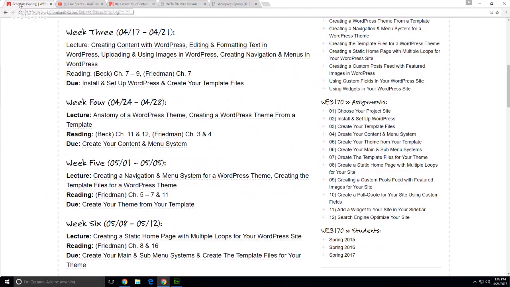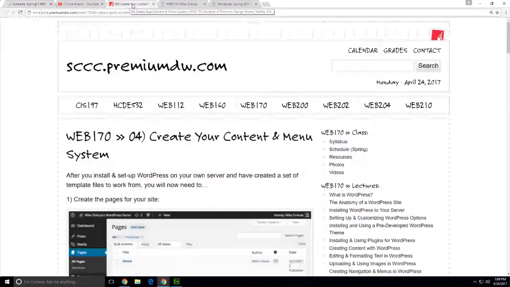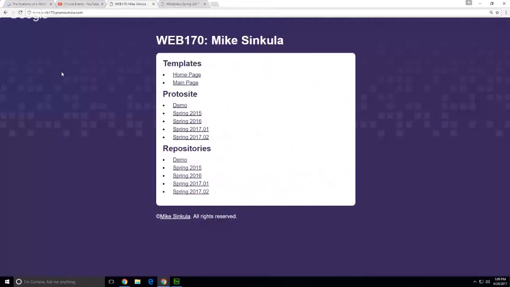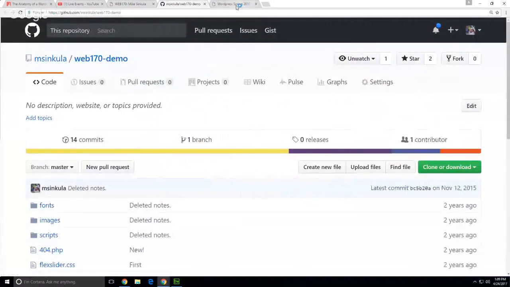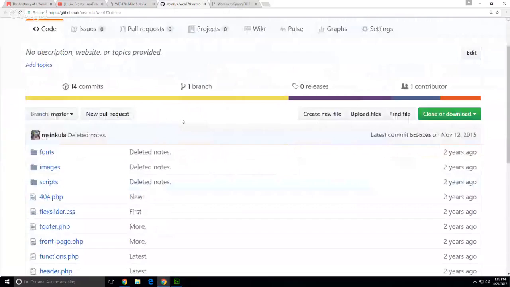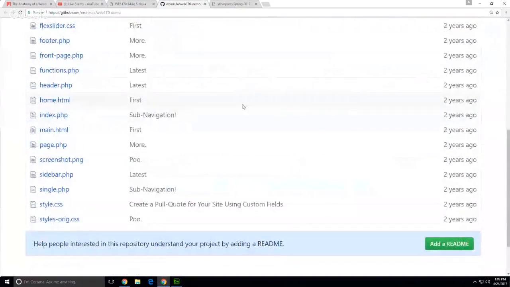So if we go back to the schedule, the 2 lectures that we're going to be talking about today: anatomy of a WordPress theme and creating a WordPress theme from a template. So let's talk the anatomy of a WordPress theme really quickly. So if I go to my demo repository here, you will see that in my repository now,